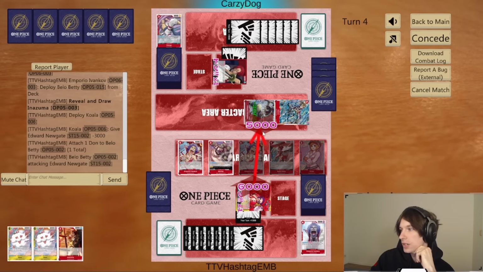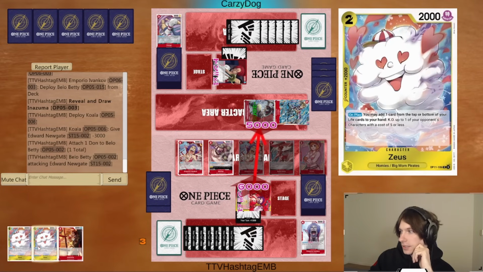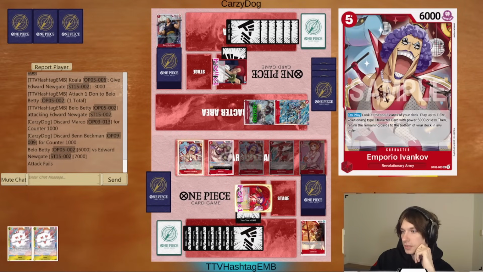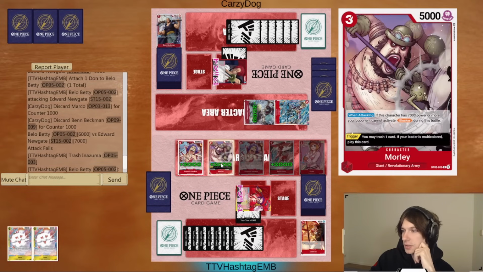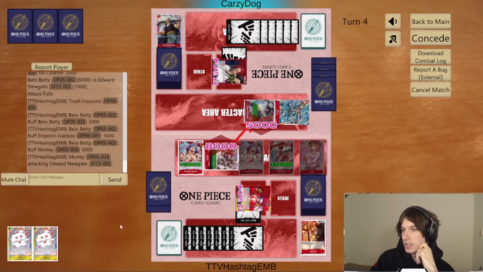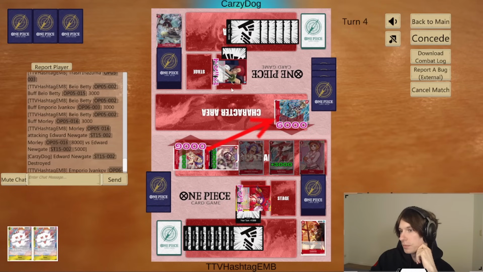If there's one thing I've learned about Newgate, is that you cannot let this thing sit on the board. You actually cannot. But yeah, Zeus right now is being pretty damn bricky, if I'm being honest. Next turn, I literally will be in a position where I can't do anything because I need to get rid of these Zeus, right? But we are able to completely board wipe him here,